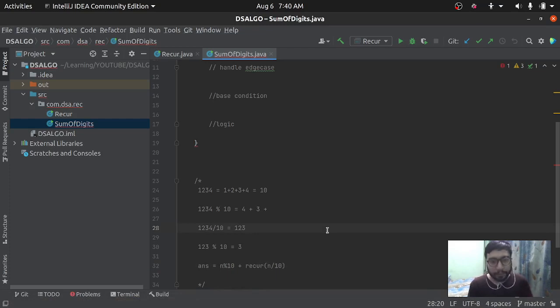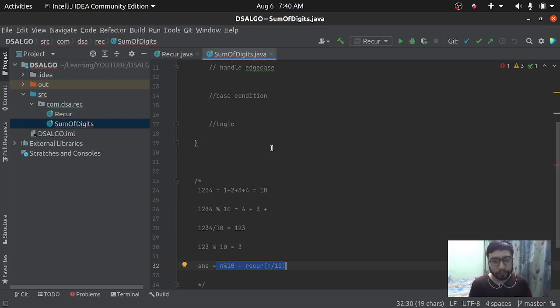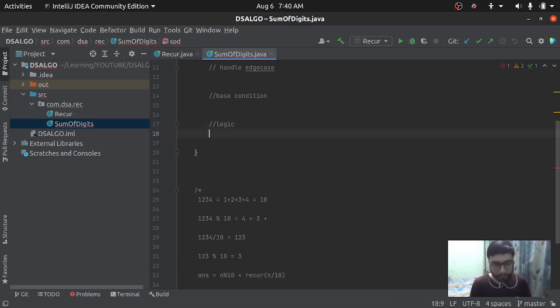Okay. Yeah. So we have built our logic now. So this is the logic which we are following to get the solutions. So first write this logic and try to run it. After that, we'll think about some edge cases, what can be present in there. So let me write it.